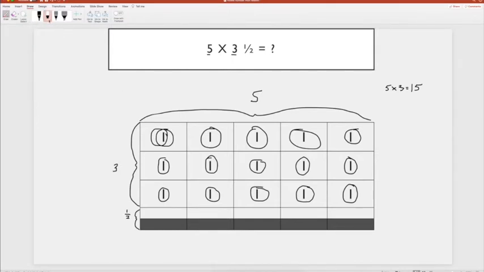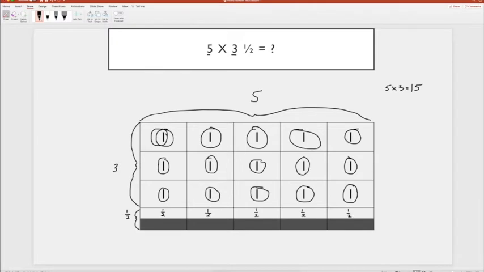Down here, I'm going to show you. All right, everybody see this grayed out area down here? I grayed this out because this is not our concern for this problem because we're just multiplying 5 times a half. This is our half that we're multiplying by. We need to figure out what our value is here in this section, okay? So in order to do that, we know that each one of these parts is a half. So this is a half here, this is another half here, another half here,